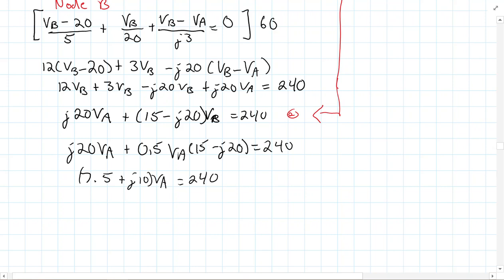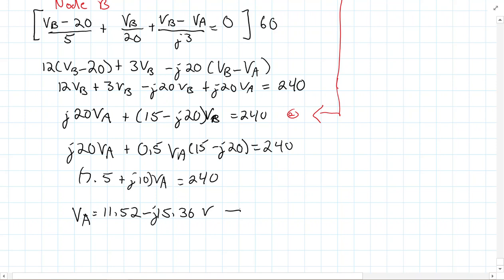And then if we do that computation, we get that VA is equal to 11.52 minus J15.36 volts. So that's my Vthevenin,